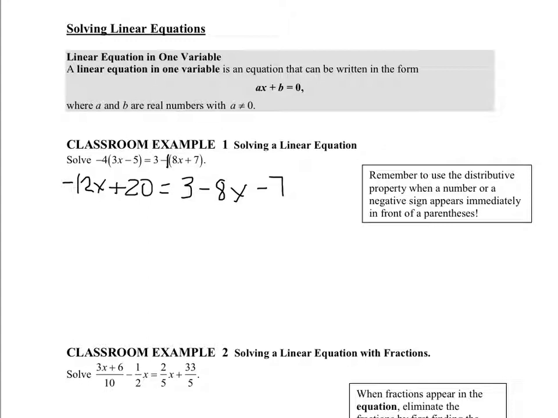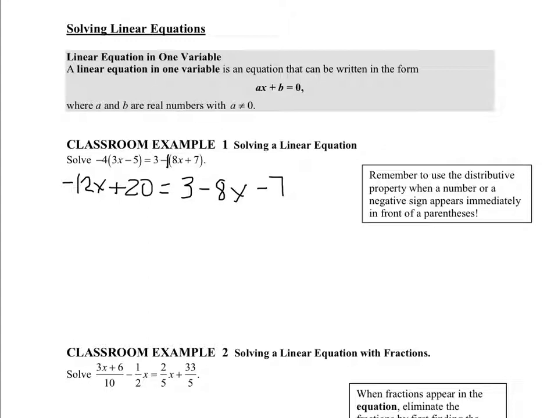I now have eliminated the parentheses, and it's time to combine like terms. Remember that real numbers would only be able to be added or subtracted with other real numbers. If I have a term that has a variable, it can only be added or subtracted to another term that contains that same variable. So when I look on the right side,